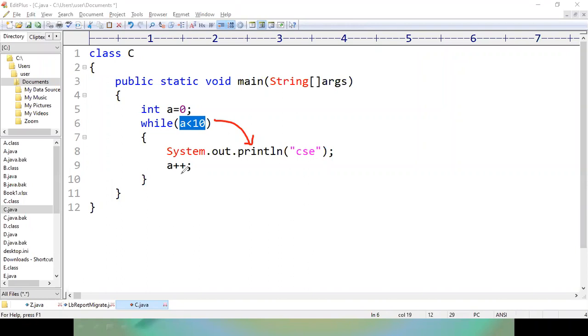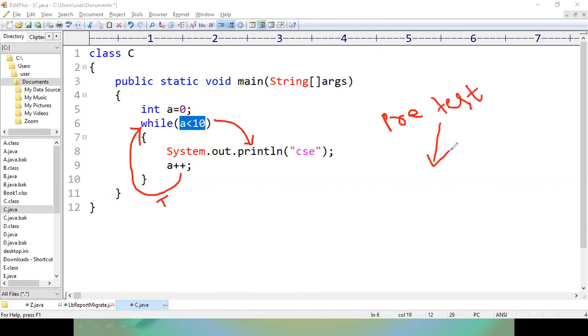So now 0 becomes 1, and it checks the condition again. 1 is also less than 10, so it prints CSC again, and 1 becomes 2. 2 is also less than 10, so it prints CSC. Here we are entering the block after checking this condition. That's why we call it a pre-test iteration loop. We are testing the condition first.